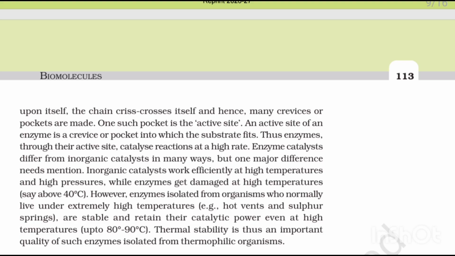Thus, enzymes through their active site catalyze reactions at a high rate. Enzyme catalysts differ from inorganic catalysts in many ways, but one major difference needs mention. Inorganic catalysts work efficiently at high temperatures and high pressures, while enzymes get damaged at high temperature, say about 40